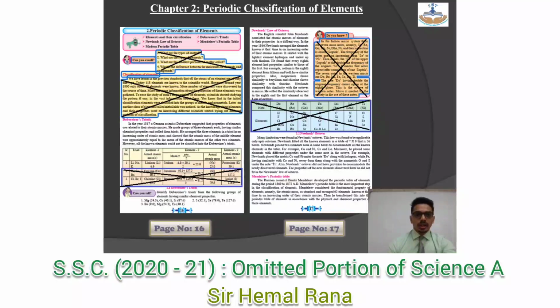Then come to your chapter 2, page number 16, Periodic Classification of Elements. The first 4 questions, Can You Recall? That part is omitted. Then Classification of Elements, that entire introduction has been removed. Now when you talk about your table where you have examples for Dobereiner's triads, the second and the third examples have been removed. The first example is only there of lithium, sodium, potassium. Then come to page number 17. On page number 17, you do not have this Do You Know. Even the Newlands' octaves table, that entire table has been omitted.